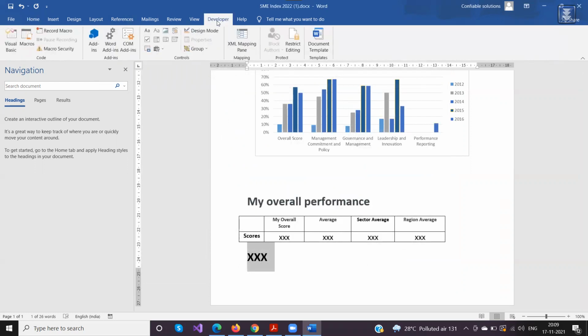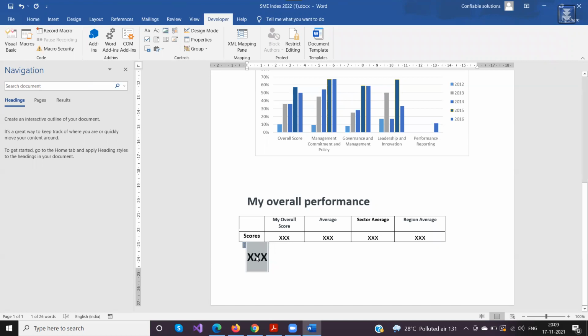Okay, so now when I have a developer tab and I want to add a placeholder here, I have selected this particular area, and you need to add this plain text content control. When I click there, this particular text converts into a placeholder. Now what data should I put in this placeholder, and how would I know that?